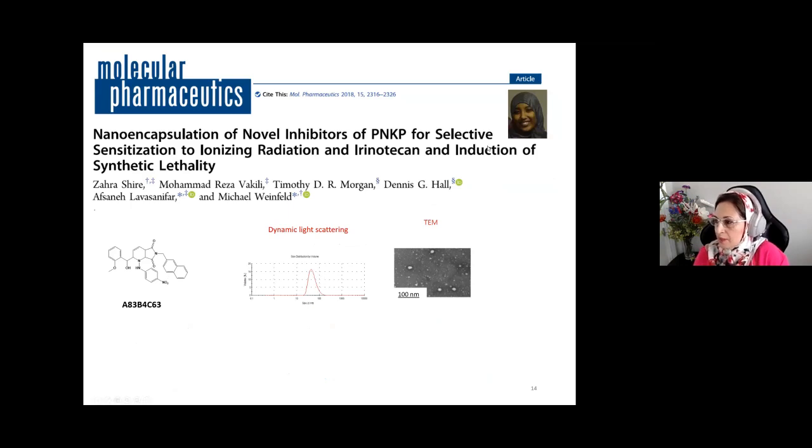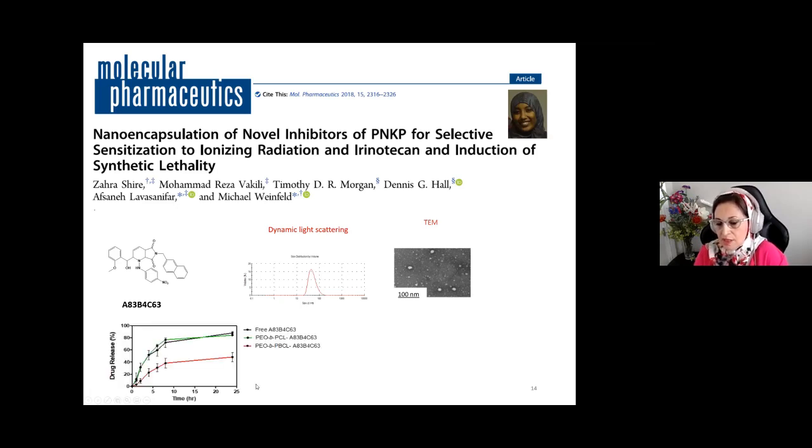So this work has been done by Zahra Shayer, who is currently a postdoctoral fellow, I think, in BC Children's Hospital. And she has developed the formulation of A83B4C63 in POPCl micelles and POPCl micelles both. So this is the size and TEM picture of the POPCl micelles that she achieved. We looked at the release profile, and as you can see, the release was much slower when we use POPCl